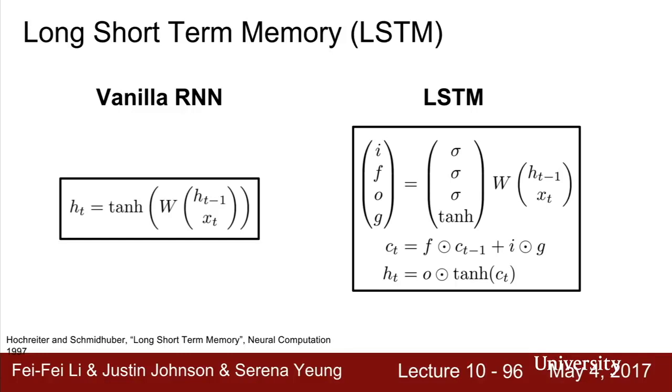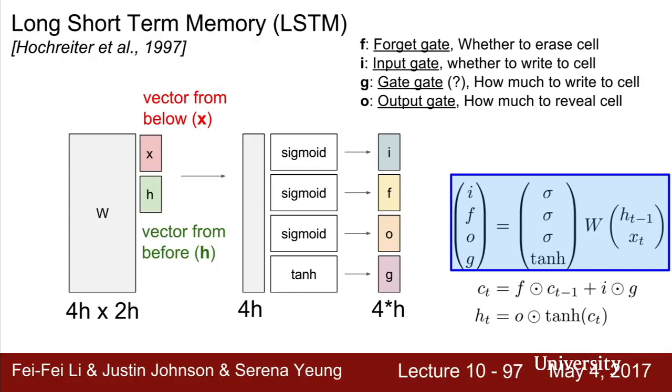And you can see that through this update equation, where we take our two inputs and use them to compute these four gates called I, F, O, and G. We use those gates to update our cell state c_t, and then we expose part of our cell state as the hidden state at the next time step. So this is kind of a funny functional form, and I want to walk through for a couple slides exactly why we use this architecture and why it makes sense,